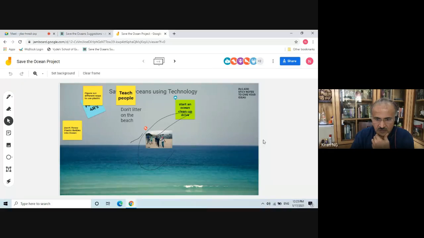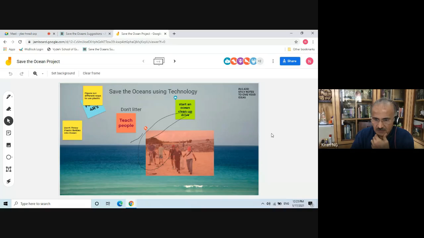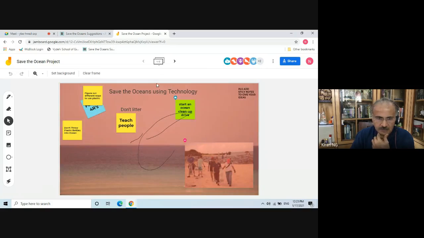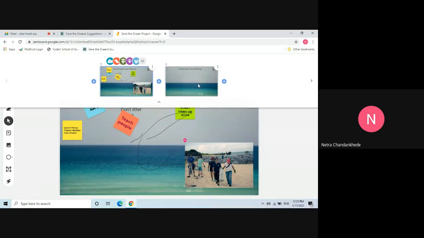So like this, you can add pictures. And I have 2 pages, so you can continue with your ideas.